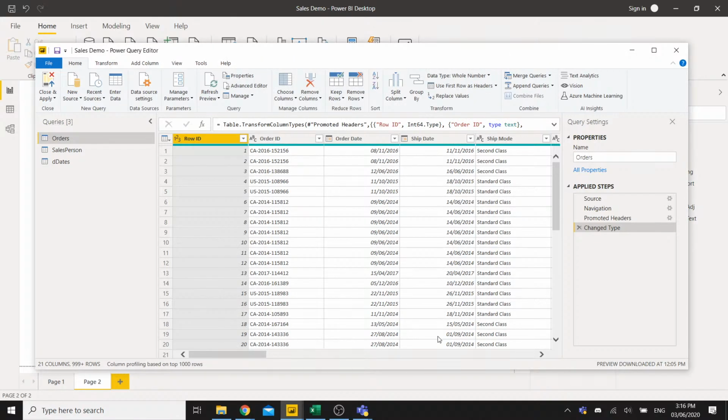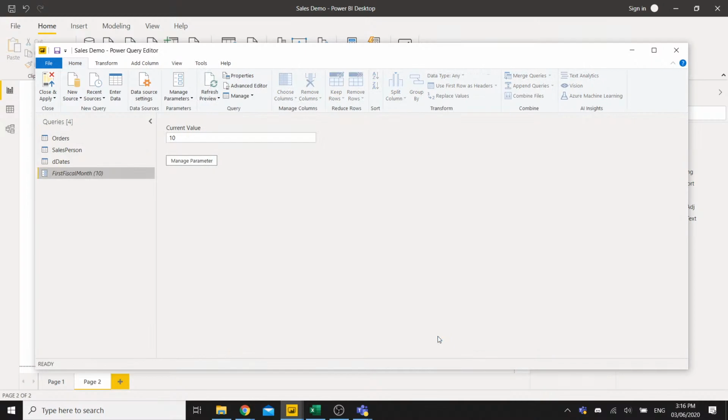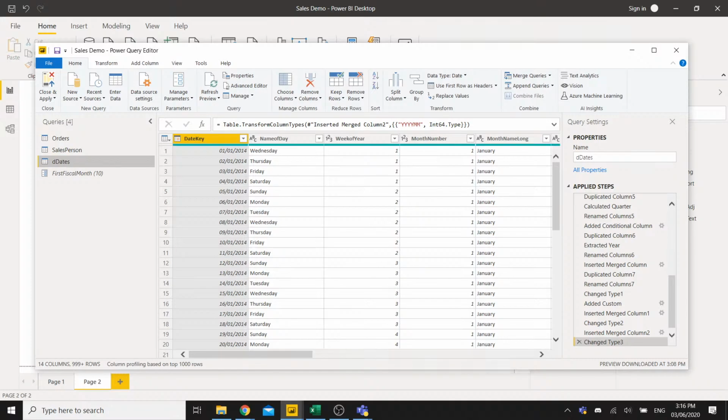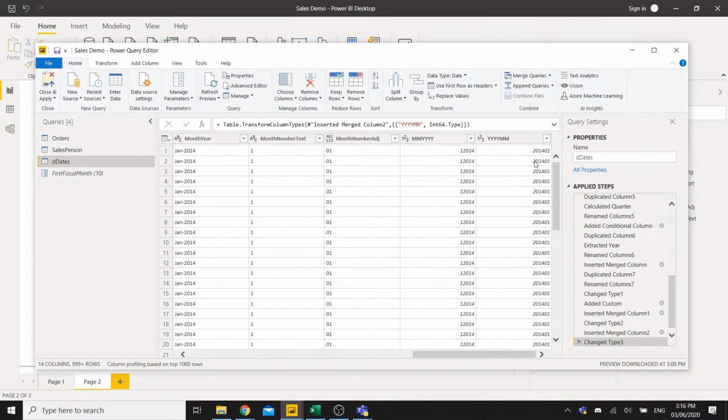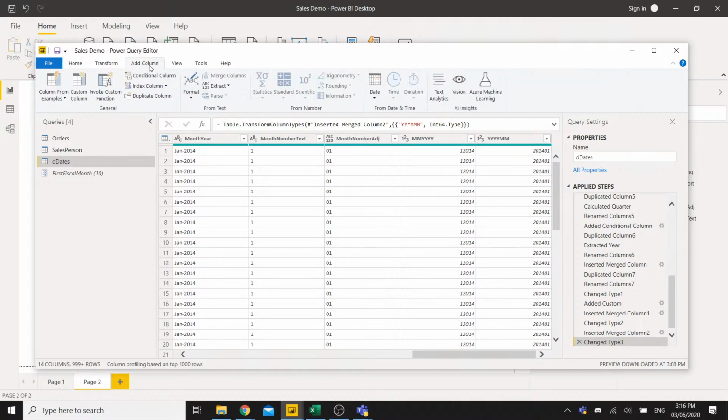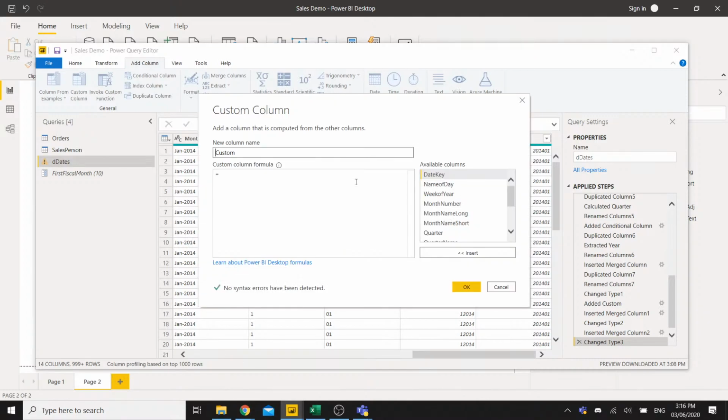Let's click OK. And we see our parameter has been created, and we're not going to touch this again for the rest of the demo. Let's go back to dates. And we want to create a custom column. So let's go to add column, and we want to add a custom column. Right, let's wait for that prompt. All right. And we want to name this